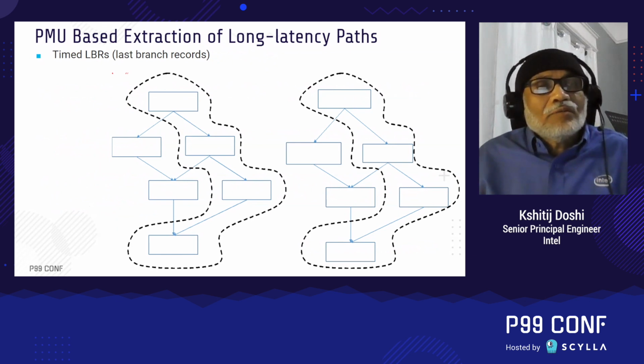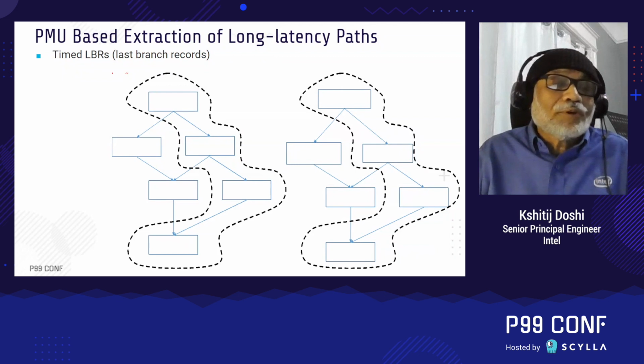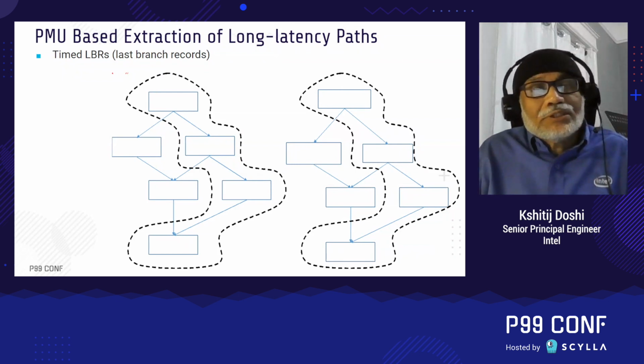And then when one samples on the basis of these last branch records, one can create a path profile, that is, how often do different branches get traversed, and therefore how often do different paths get traversed. Now, what timed LBRs do is that they associate along with these last branch records fine-grained timestamps by which it is possible to see